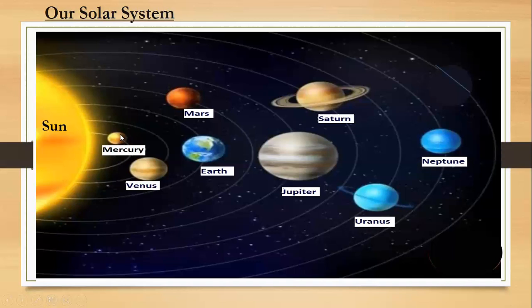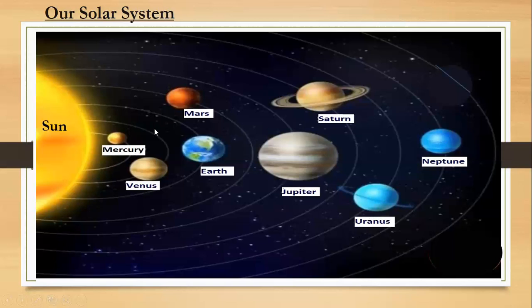The first planet is Mercury. The second one is Venus. The third one is Earth. The fourth one is Mars. The fifth one is Jupiter. The sixth one is Saturn. The seventh one is Uranus. And the farthest one, or the eighth one, is Neptune. We will start to define each planet,